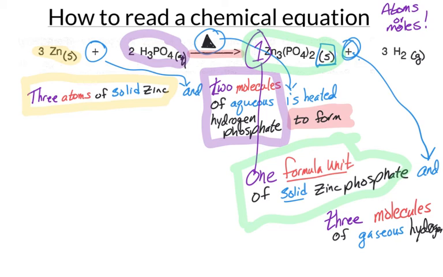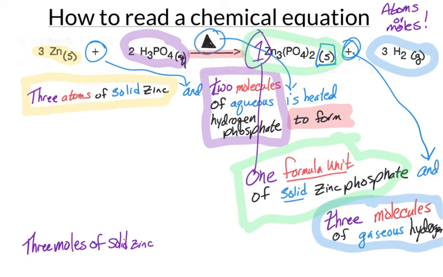But that's what this little shorthand of the equation that we see above is saying. Now I'm going to read this again when we look at it as a mole rather than in the form of atoms and molecules. We see that we have 3 moles of solid zinc and 2 moles of aqueous hydrogen phosphate are heated to create, produce, form, yield, one of those terms, 1 mole of solid zinc phosphate and 3 moles of gaseous